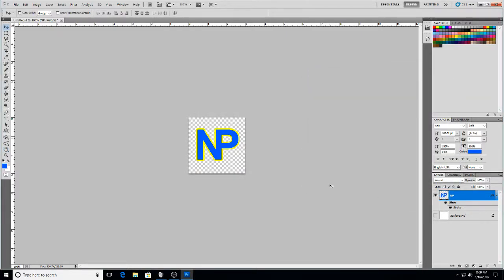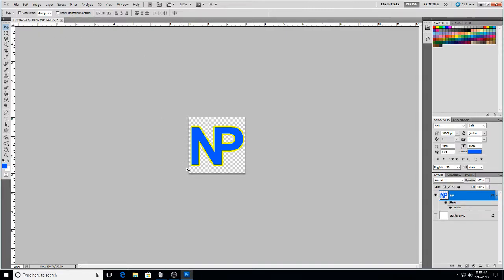Toggle the background to make that transparent, and if you need to, you can resize this a little bit and then kind of get it centered in there. And so we were able to take the letters we were working on, rasterize the layer, cut off part of the letter P, and then we put a yellow outline and remove the background. The last step would be to go to File, Save As, and then to save this as a PNG